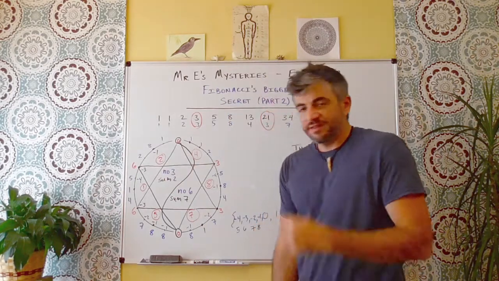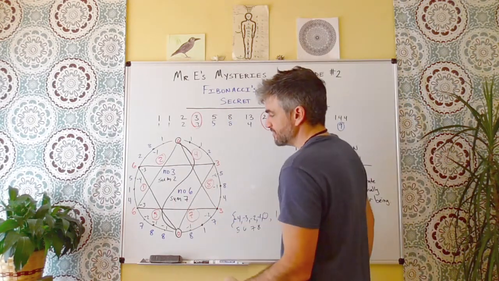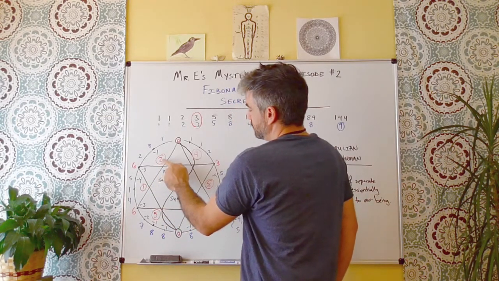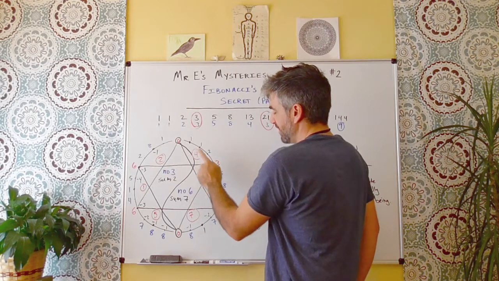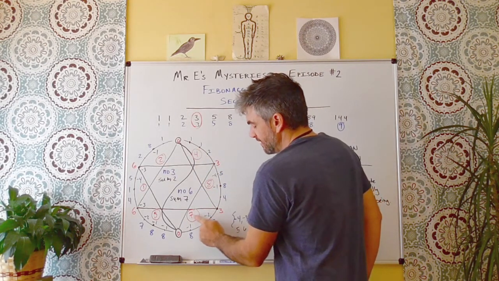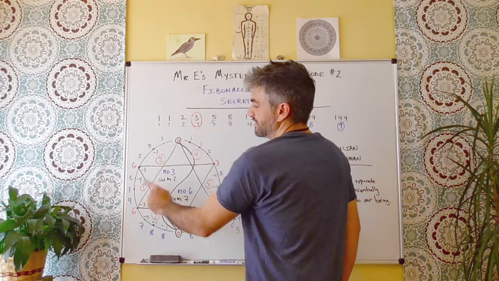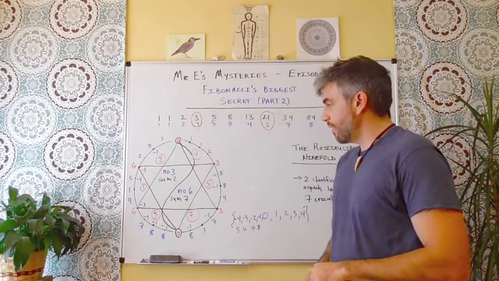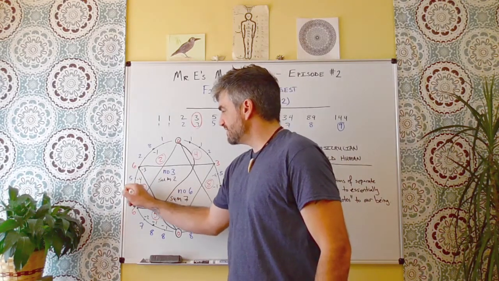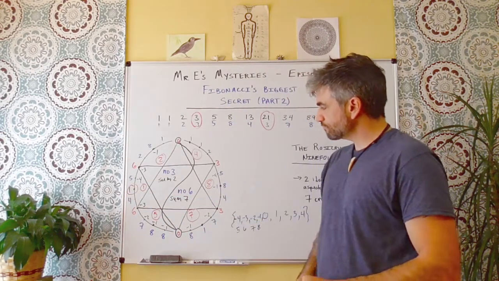And so I wanted to highlight that because again we saw the doubling sequence appear in episode 1, but here we have it again. 1 times 2 is 2, 2 times 2 is 4, 4 times 2 is 8, 8 times 2 is 16, which reduces to 7, 7 times 2 is 14, which reduces to 5. 5 times 2 is 10, which again reduces to 1. So interestingly enough, starting over here in the second half of the second section is where we have the doubling sequence.